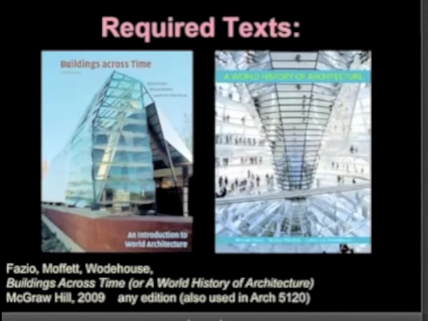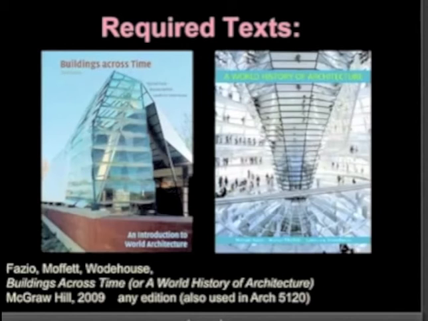We have a bunch of books required for this course because the course covers a long span of architectural history. There is this kind of main book that we have, and it's mostly a picture book, I have to say. The text is thin because it covers everything everywhere in the world from the beginning of time to the present. It doesn't dig too deeply into these topics, but it has a lot of good illustrations, and it frequently changes its title. So the second edition was called A World History of Architecture. The first edition had a different title still. The third edition is called Buildings Across Time.